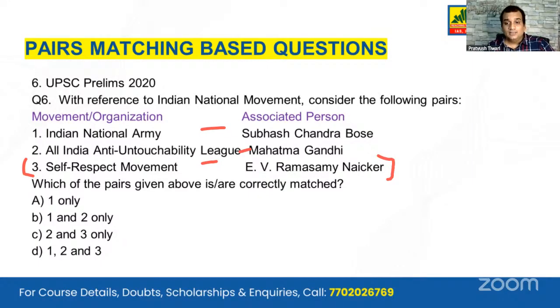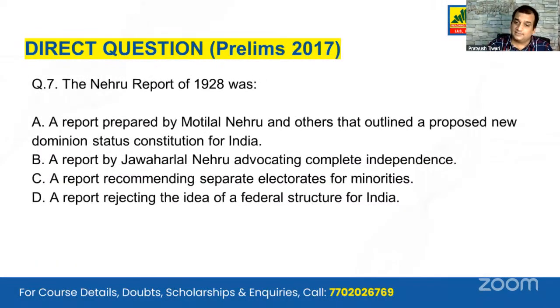So guys, this is a humble request from my side. If you see any option given, like the All India Untouchability League, please know about it: after the Poona Pact, the All India Untouchability League was started. It can be asked. So go through thoroughly. The options also should be seen. That is very important if you are a serious aspirant.